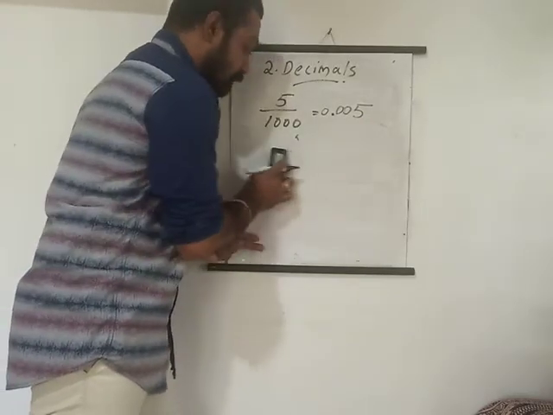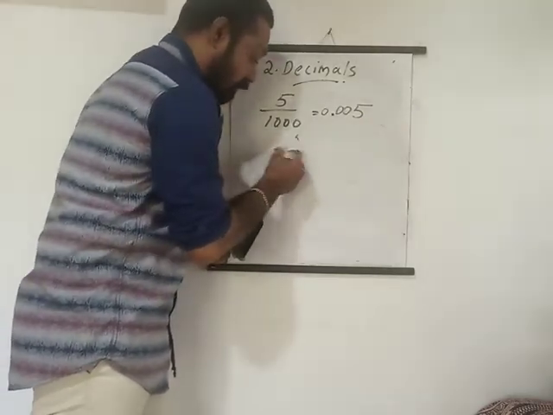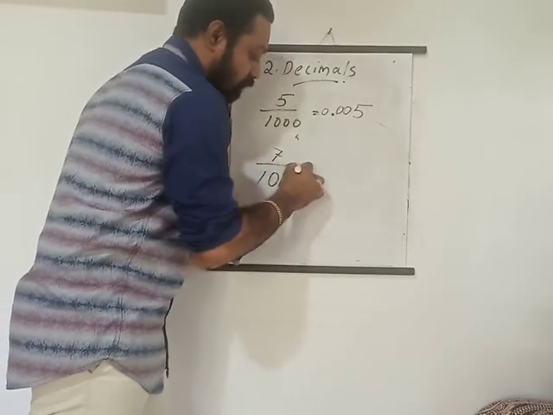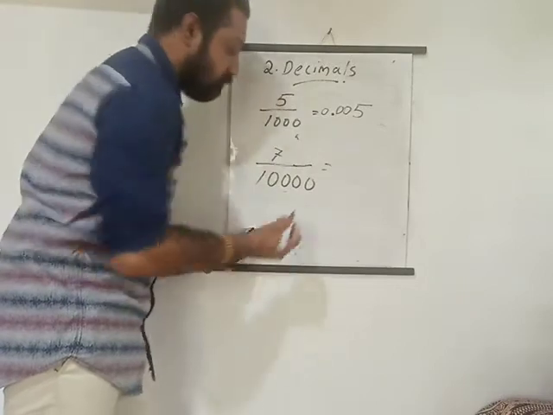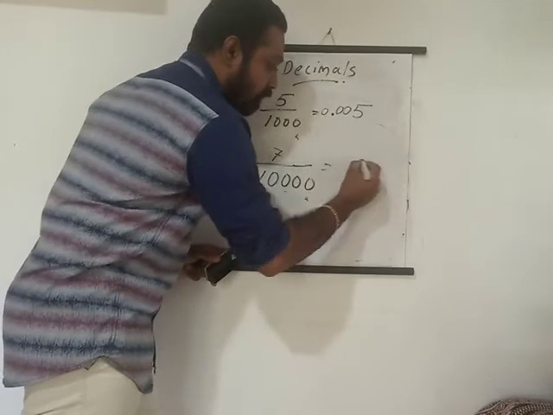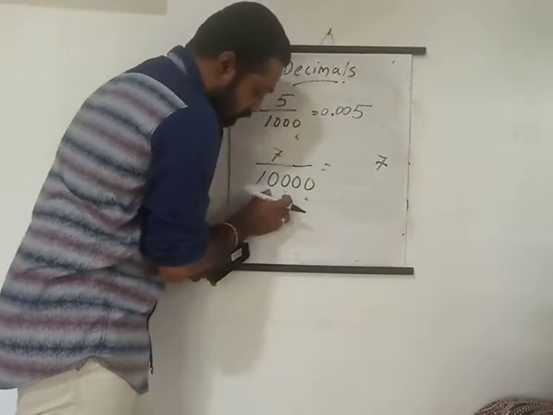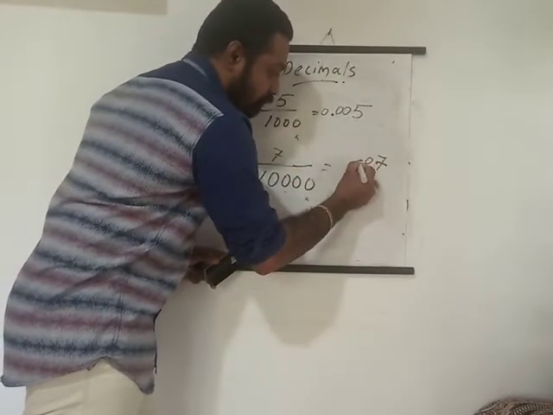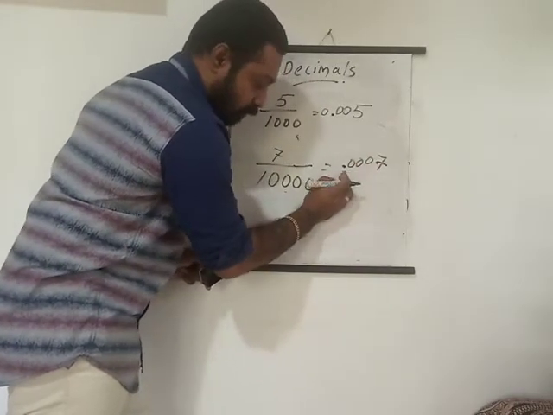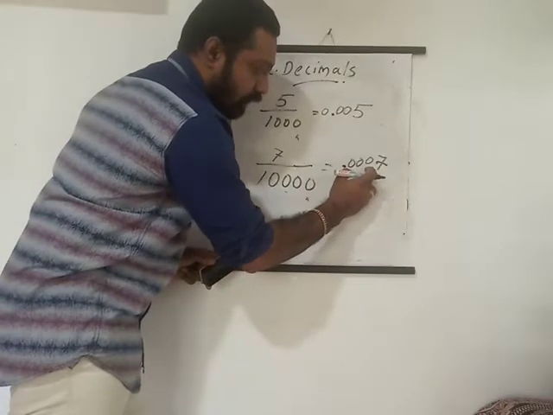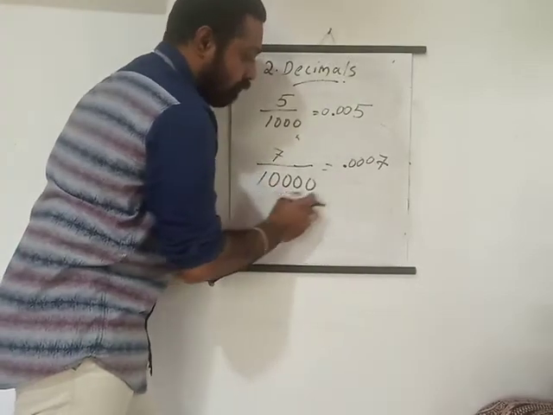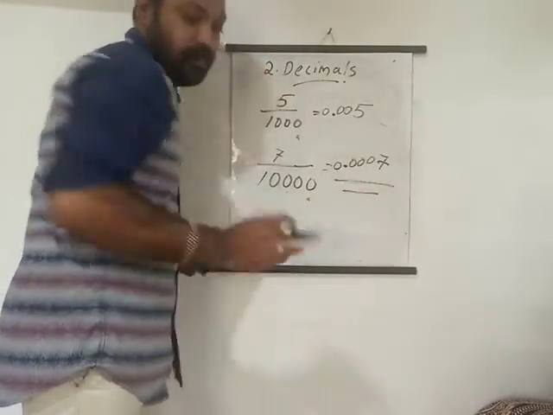For this 5 we can take any number. If I took 5, you can take 7 or whatever number, no problem. This is 7 by 10,000. How does it come? 1 zero is taken for the point. How many zeros remain? 3 zeros, isn't it? So just write 7 first. How many zeros do we have to put? 1 2 3. Then a point. Point, then how many zeros are there after the point? 1 2 3 4. Just put a 0 here and you will get this one. Understand?